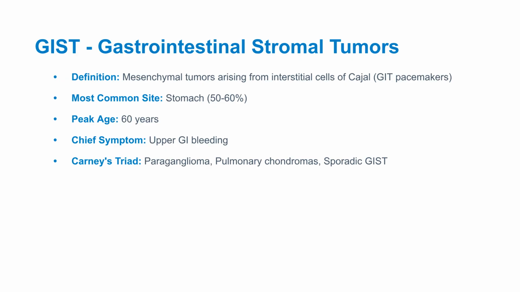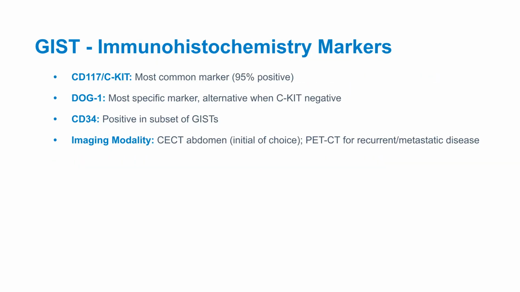Gastrointestinal stromal tumors, or GIST, are mesenchymal tumors arising from the interstitial cells of Cajal. They are most common in the stomach, with upper GI bleeding as the chief symptom. Carney's triad involves paraganglioma, pulmonary chondromas, and sporadic GIST. For GIST,